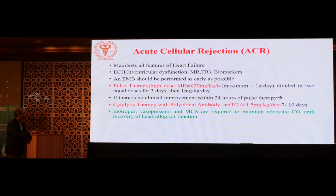How do you diagnose? You do an echo, you find new ventricular dysfunction and valvular regurgitation happening. Then you send cardiac biomarkers, you will find troponin is shooting up, NT-proBNP is shooting up. Then you do a biopsy, if possible, as early as possible. It is very difficult at that time to do an endomyocardial biopsy because shifting this patient to the cath lab is very dangerous and he is an unstable patient. So, on the basis of clinical as well as echo findings and biomarkers, you have to start treating the patient